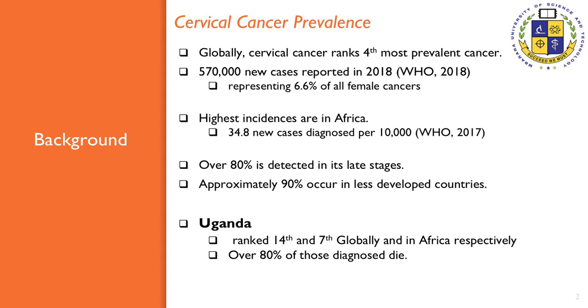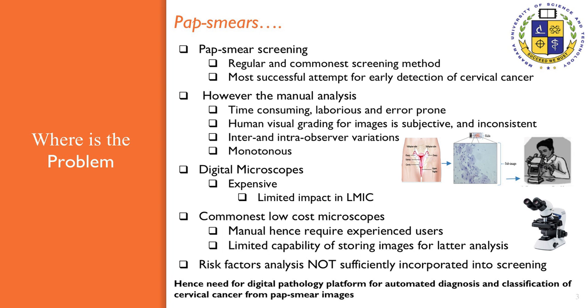And in Uganda, it's noted that over 80% of those diagnosed with cervical cancer end up dying because it's always diagnosed at a late stage. However, what is the challenge, or what's the problem that we're trying to investigate? Cervical cancer can be prevented through a regular screening program, and